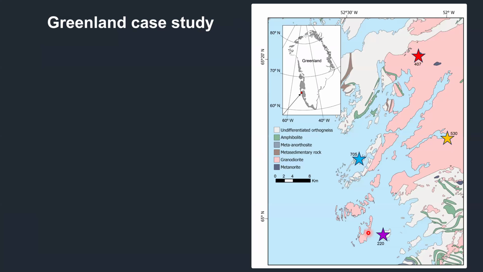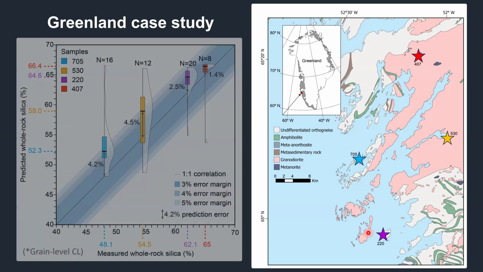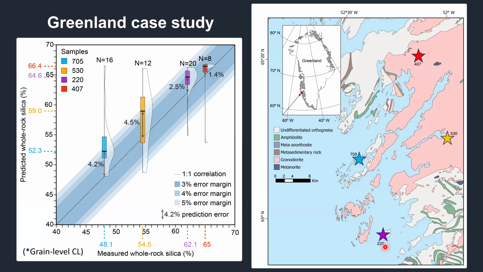But this is now trained on a Western Australian data set and tested on a Western Australian one. What happens if we look at a completely unrelated data set? So we used some zircon from Greenland. We used the zircon that we interpreted, and we ran the estimate on these zircon. And these are what the results look like. Again, we will see a big scatter, which is very reminiscent of the very broad scatter we see in zircon shapes from any given rock. But again, what we notice is the median from these estimates is